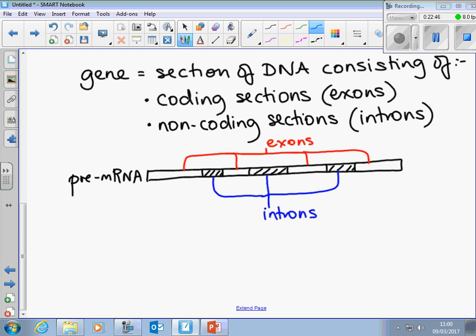And the term that we use for this is that they are spliced out. Splicing is a term that actually is often used for joining pieces of rope together so that you can remove damaged parts and join the good bits back together again. But here we splice these out,